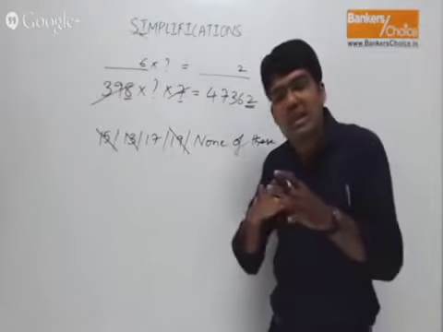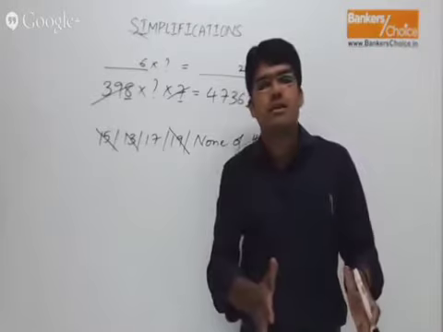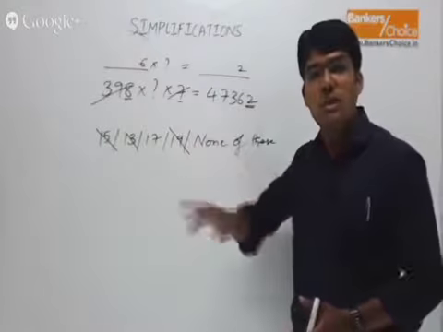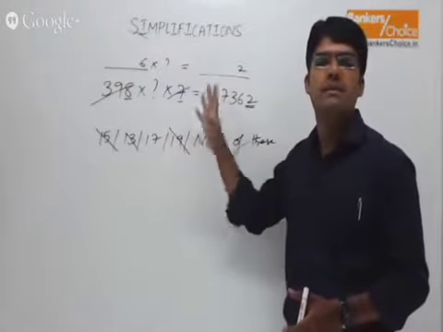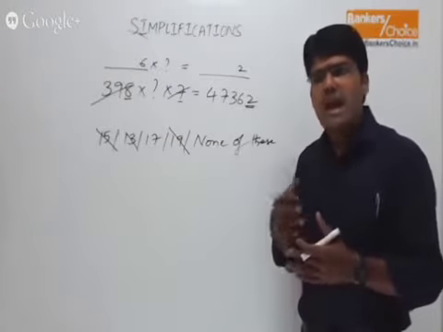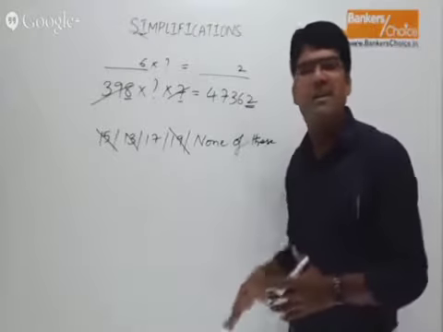If you don't want to take a chance, if you are that candidate who always completes the question, then I would say leave this. There is no point in getting 1 mark in 2 minutes. Either leave it or do it in a smart way. That is the unit space method. And if you want to do some little verification to check whether 17 is possible or not, you can